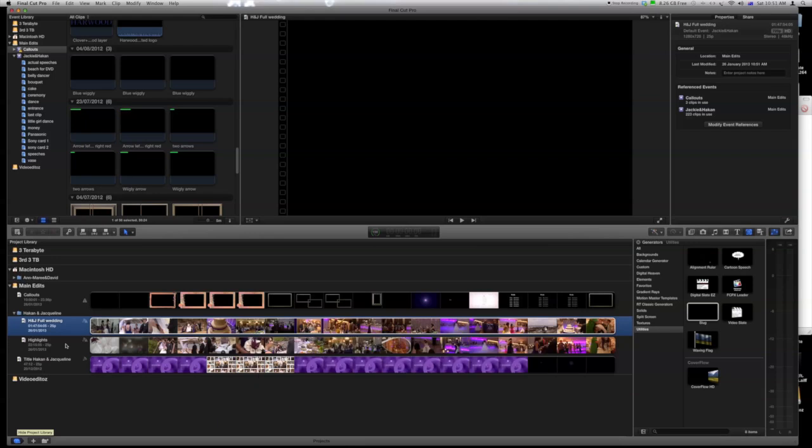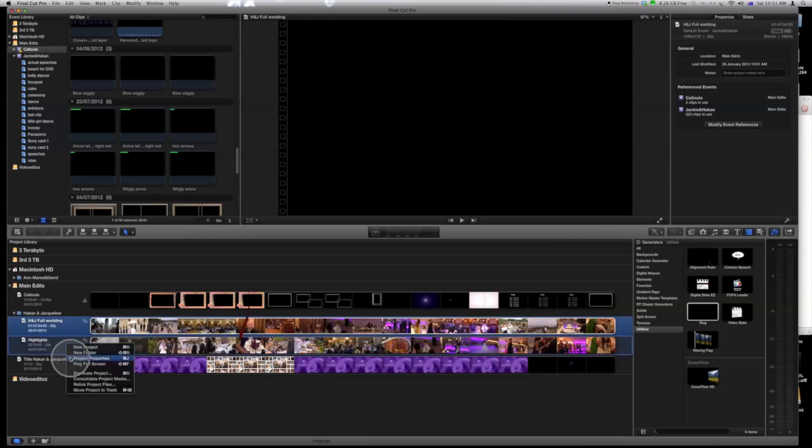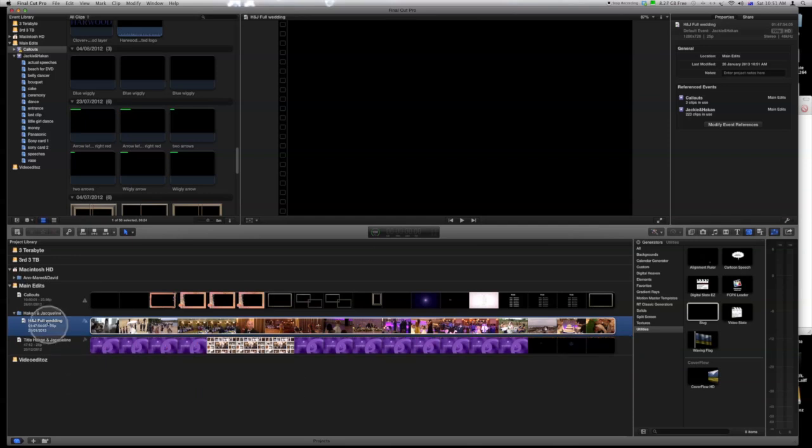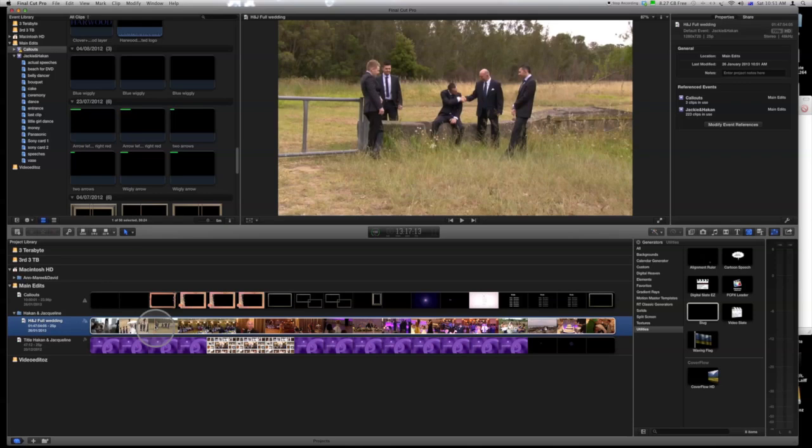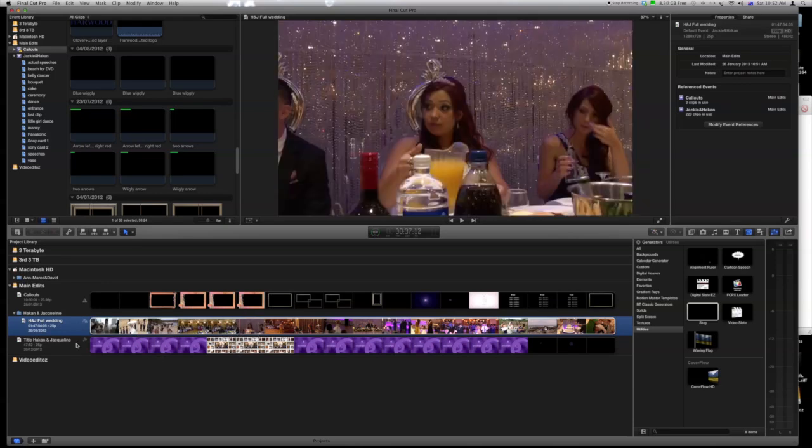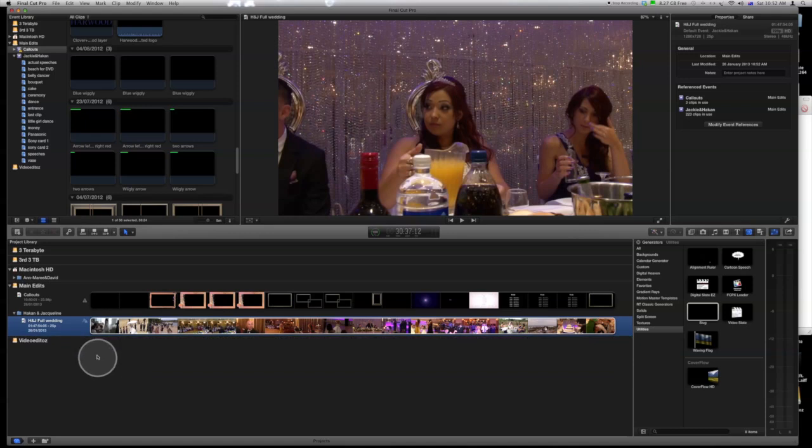Our next step is to delete the two projects that we have duplicated or added to the original main project, because they're no longer needed. So by right-clicking to the left of the project symbol or to the right of the project lettering, we can select Move to Trash. The three projects are now in one,